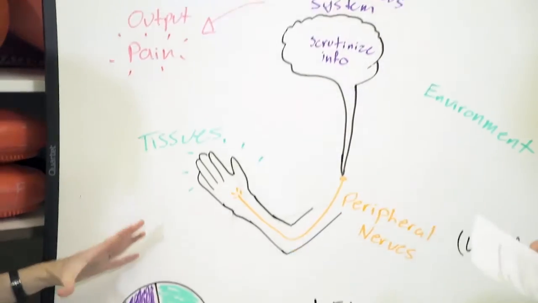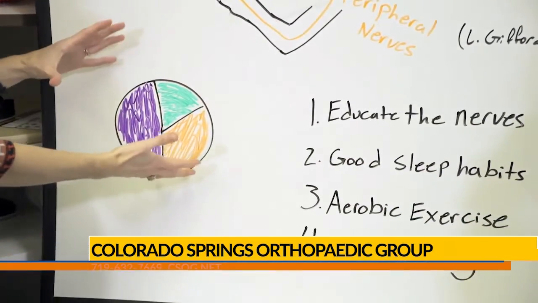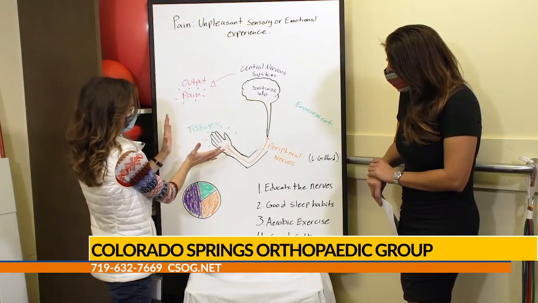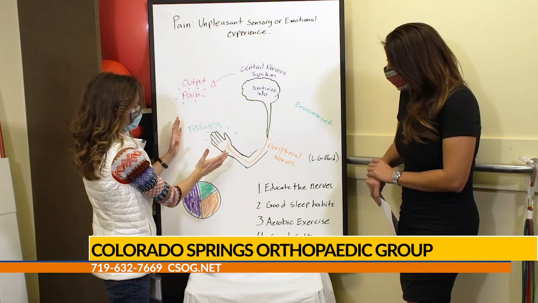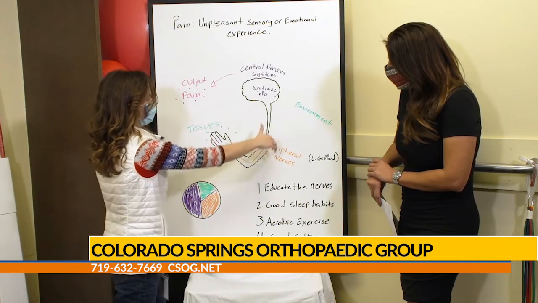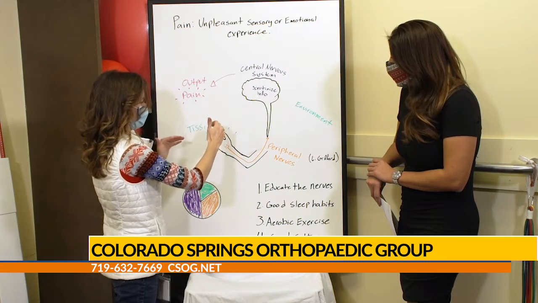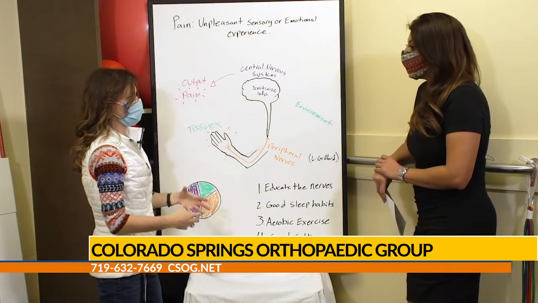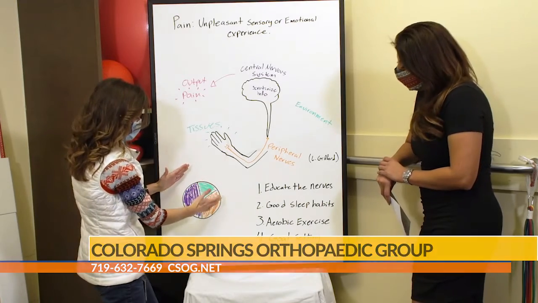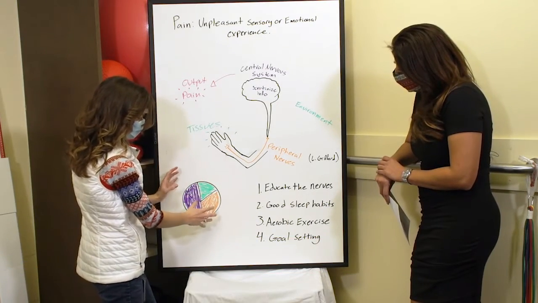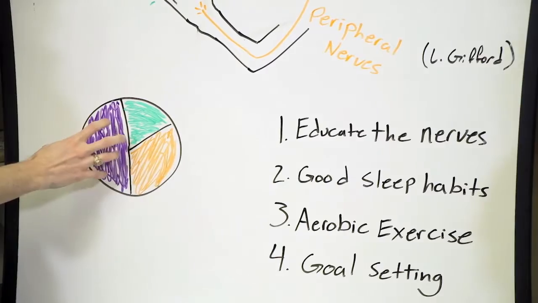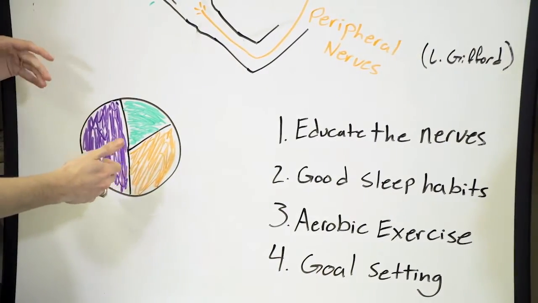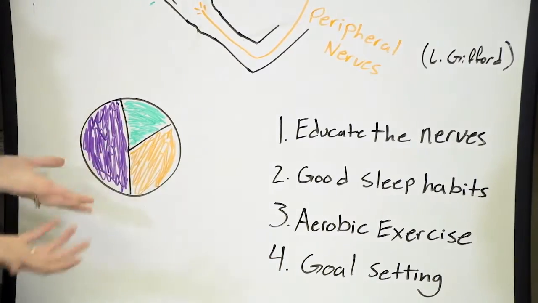Here I have a little pie chart just to give people an idea of how pain works. For the most part, when we feel pain, we focus on the tissue part. But really, it's a combination of that whole system. If one thing's going on with one part of the system more than the other, it's different for everybody. Pain is different for everyone. In this pie chart you can have more green, then orange, then red. I color-coded it to go together. Depending on the person, one of those will be more than the other.